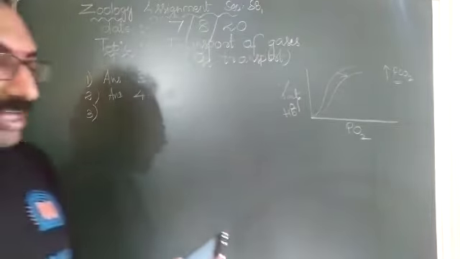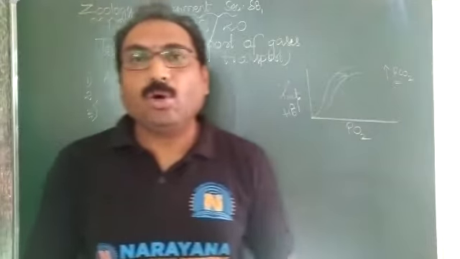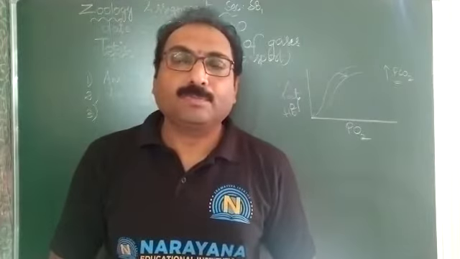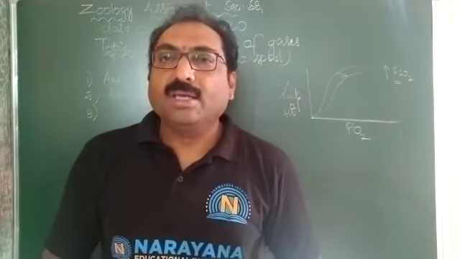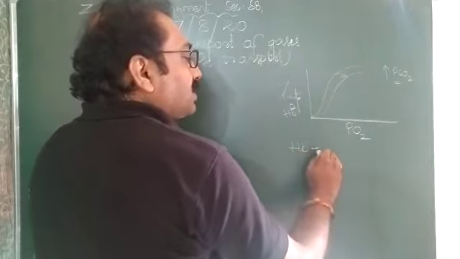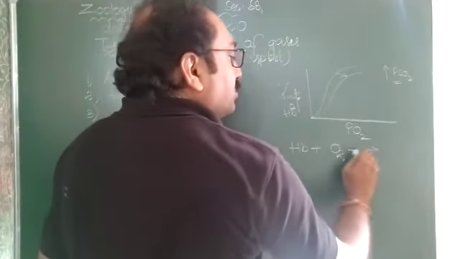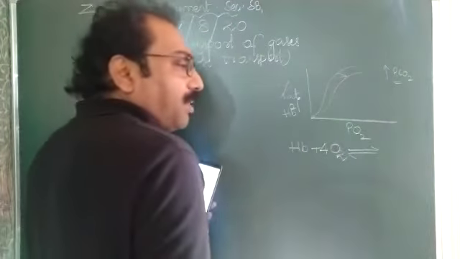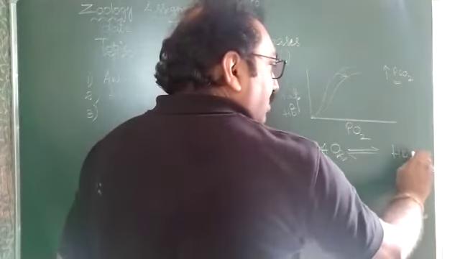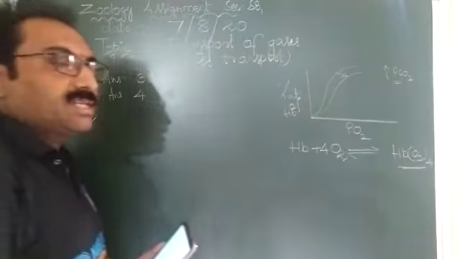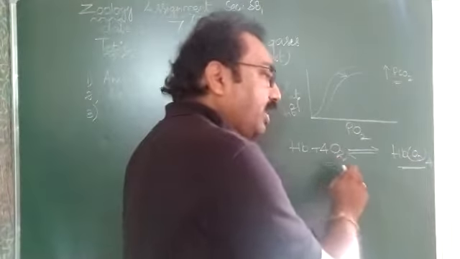Next. The chemical formula of oxyhemoglobin. We know oxyhemoglobin is formed when oxygen partial pressure is high. In the presence of high oxygen partial pressure, hemoglobin readily combines with oxygen forming oxyhemoglobin. Hemoglobin Hb plus oxygen gives rise to HbO2. A hemoglobin, when it is 100% saturated, can carry 4 molecules of oxygen at a time.